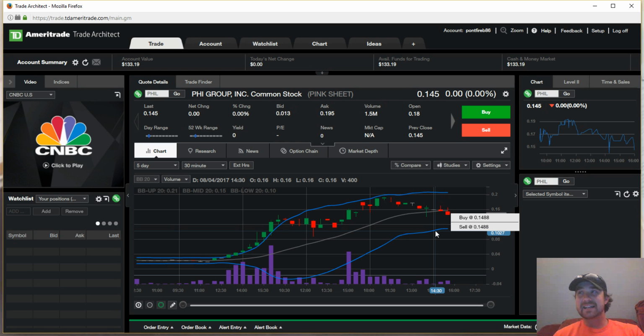Fidelity kind of trades some of them, but they really don't trade all of them. TD Ameritrade and E-Trade are the best ones to trade on. I moved all of my stuff over to TD Ameritrade, and I primarily use TD Ameritrade just for technical analysis purposes, and I just think it's user friendly. Not that E-Trade isn't, but I just like their tools and their technical analysis tools with Trade Architect much